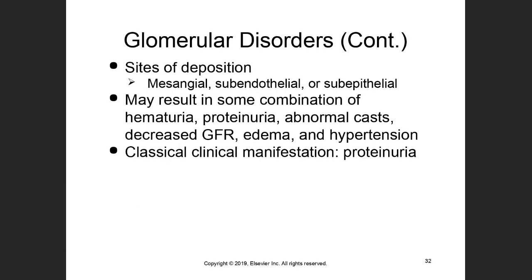Site of deposition, that means that the deposition of some kind of substance in your body is the one that gives the problem in the kidney. Okay, it could be in the mesangial, subendothelial, or subepithelial. Okay, may result in some combination of hematuria, proteinuria, and a normal GFR. Okay,